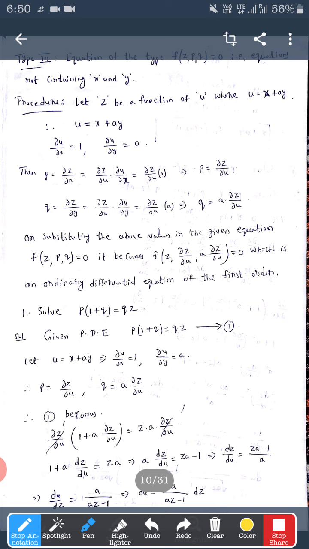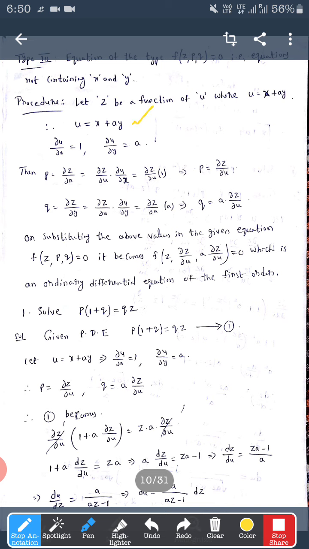In type 3 equations, the left hand side is a function of x, p and q, or f of x, p, q. That means the equation contains x, p and q. So the procedure for solving this type of equations is, first we have to assume the